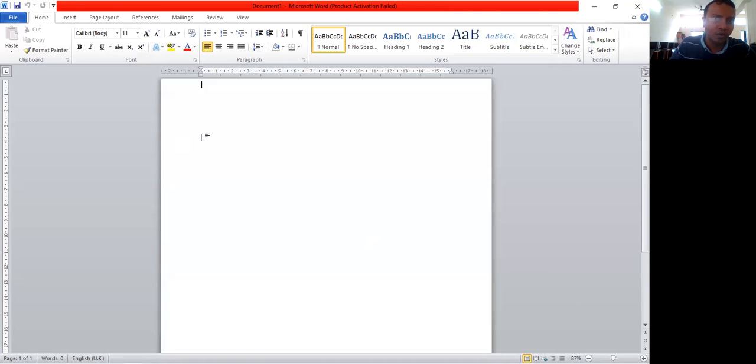Today we are going to see how you can start a new document, how you can type in the document, and how you can delete the text of the document. First part, once again we will repeat. We have already seen this part. Just click on the File menu tab first.